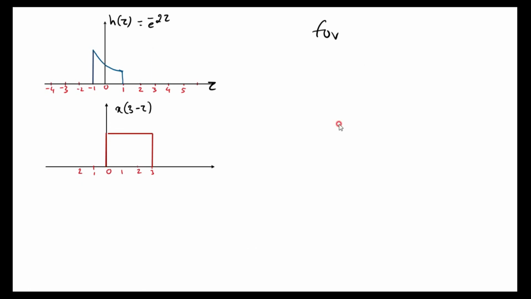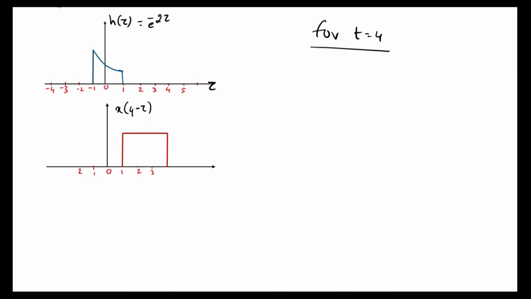For t equal to 4, here we have the x of 3 minus tau signal. If we shift this signal towards the right by one more unit, we'll get x of 4 minus tau. So we'll try to draw x of 4 minus tau. For 4, I will shift this signal towards the right by 1 unit. So this is the x of 4 minus tau signal.